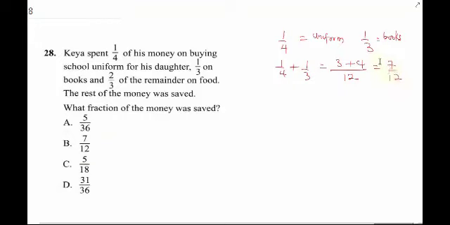Now, the question says, and 2/3 of the remainder on food. Now, we need to get the remainder, which will be 1 minus 7/12, which will be 12/12 minus 7/12. So this is going to give us 5/12. So this is actually the remainder. You need to note this. Now, he spent 2/3 of the remainder on food. So 2/3